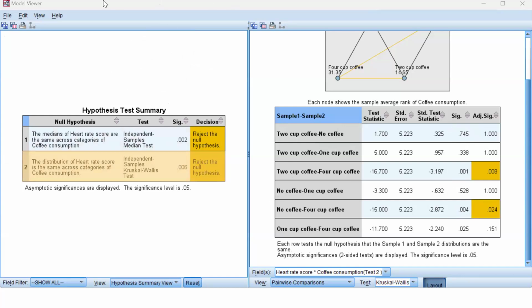Now you can write the results. You can report the results